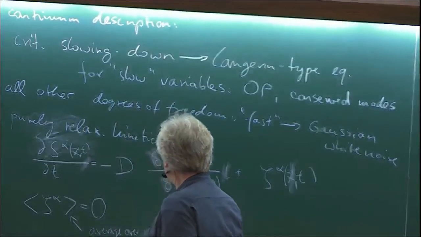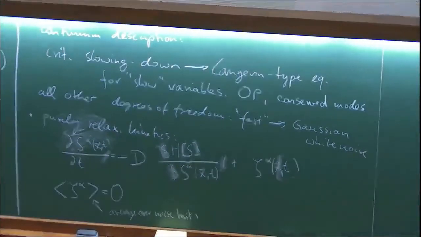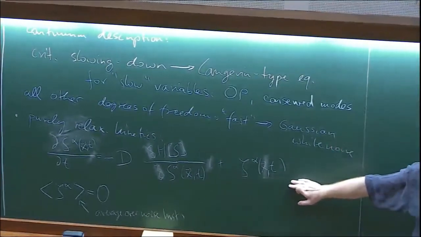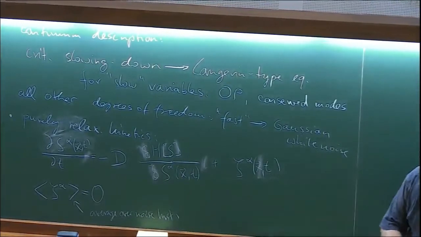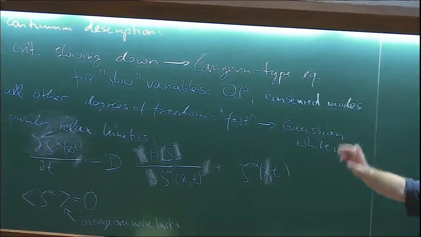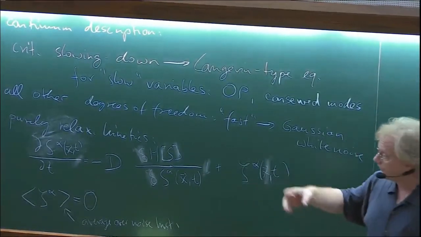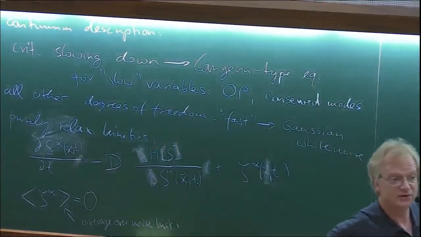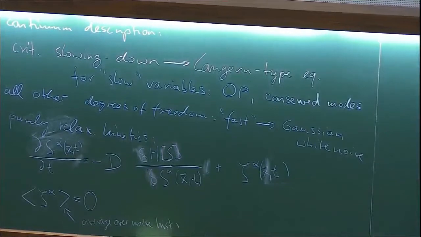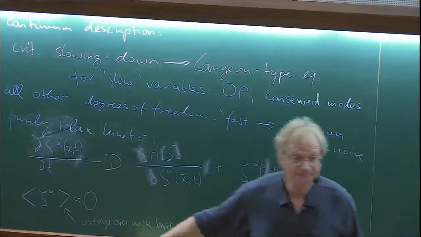Right? This is not an average over a canonical distribution because I'm doing dynamics. What I'm doing is I get some realization of this stochastic process, C alpha of x and t, as a function of t. That's one noise history. And then I'm following the time evolution of these things in an ensemble of such noise histories, which is sufficiently large. And that is what I mean with these averages. Okay?